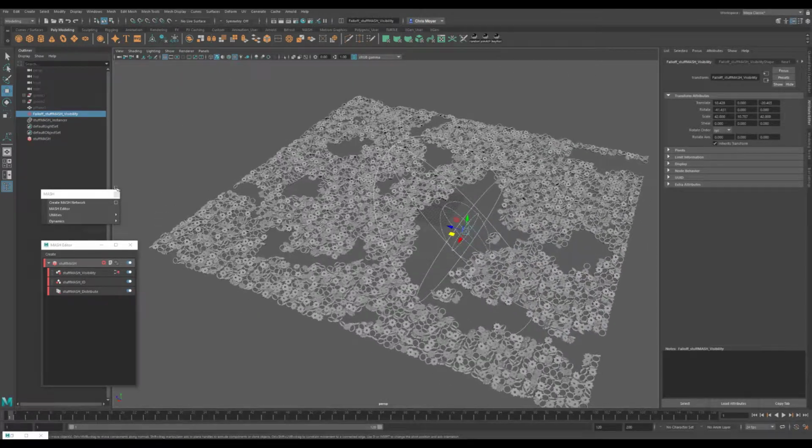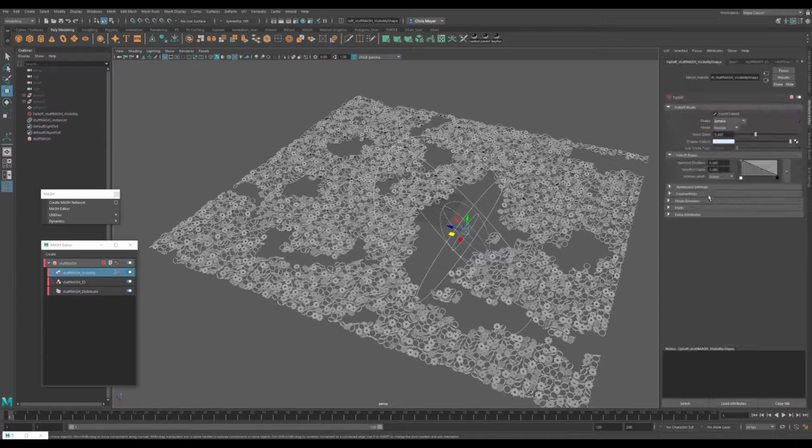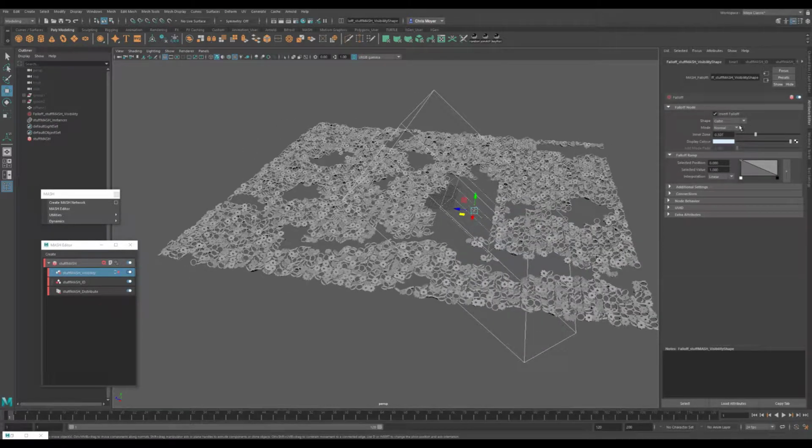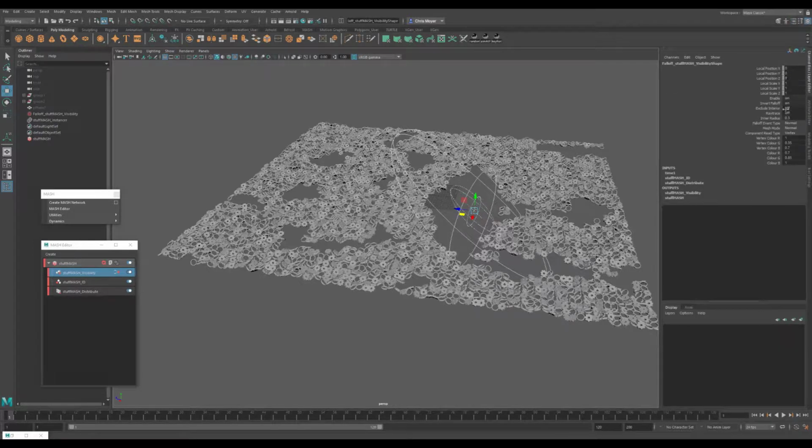Cool beans. If we go back to our visibility node and go into our falloff object, you have a couple options for your shape. You can do a sphere, you can work with a cube, you can work with a NURBS curve, particles, or even a mesh. We'll get to mesh very soon here. I'm going to go back to a sphere, and I think we're just going to reset all of the